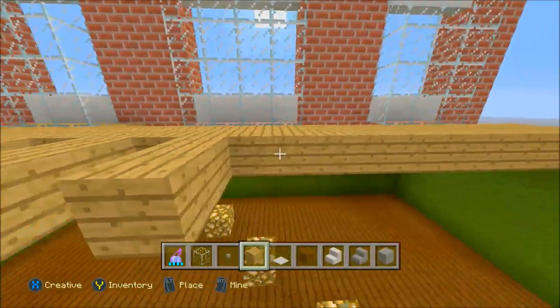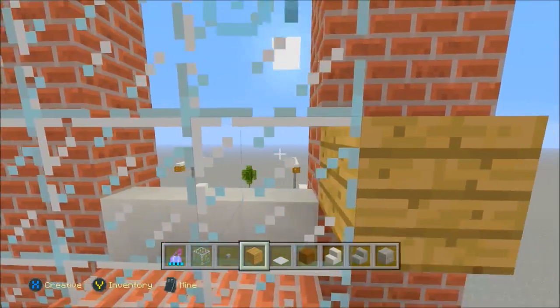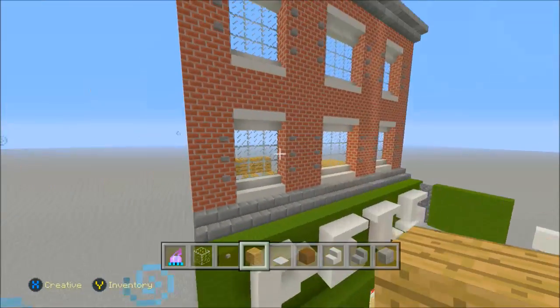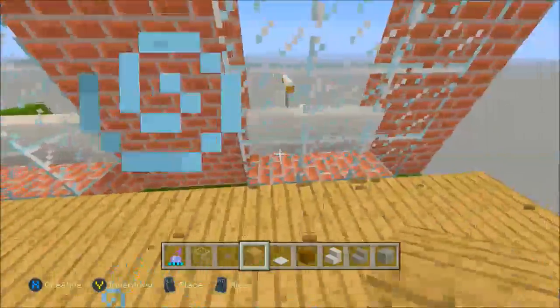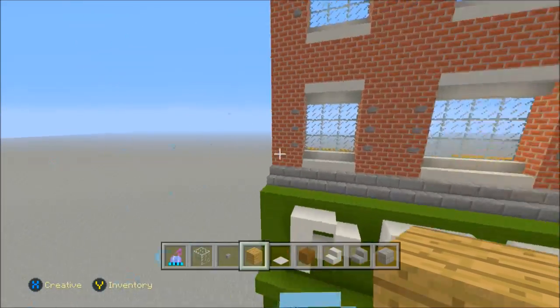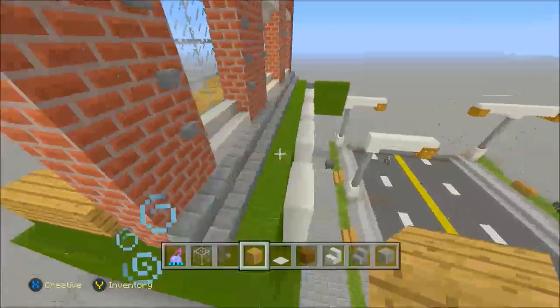So you can just add the wood at whatever layer you want. I just wouldn't recommend putting it up above here, because if you have the wood here, what happens is you go outside, you see it, and you're like, wood there, it just looks weird. So at the very least there. So yeah, in fact that does look a lot better than my original idea.